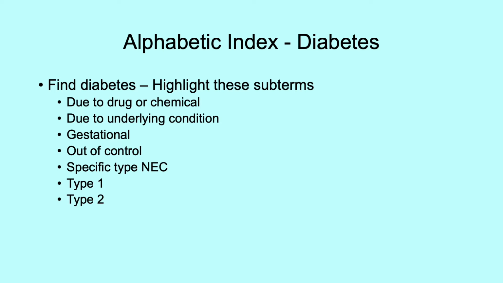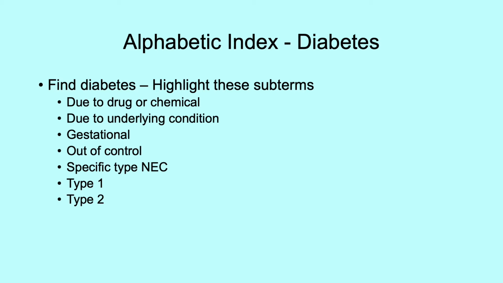The Alphabetic Index for diabetes includes a lot of important subterms. This is a very long entry under main term diabetes, so you want to be able to break it down so that your eye will catch it easily. So highlight these subterms: due to drug or chemical, due to underlying condition, gestational, out of control, specified type NEC, type 1 and type 2. This way it'll draw your eye right to the subterm you need without going through a couple of pages worth